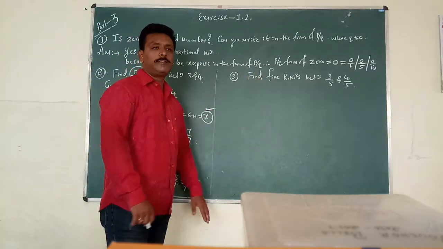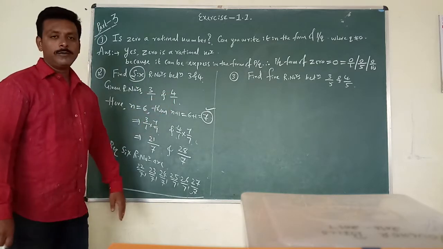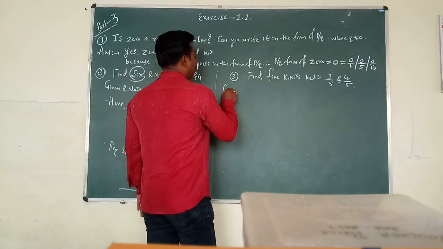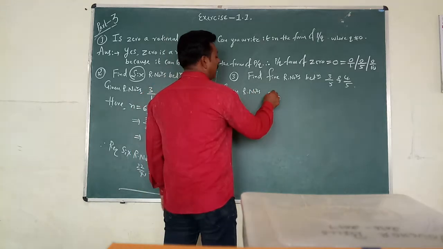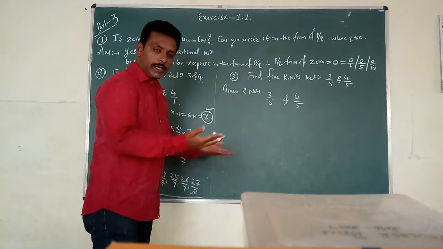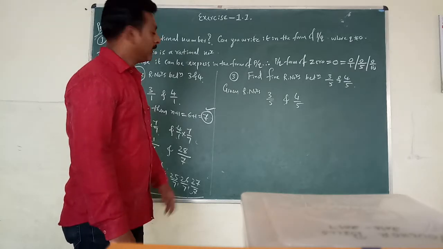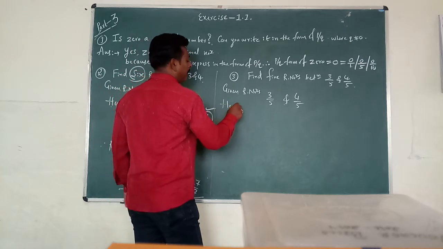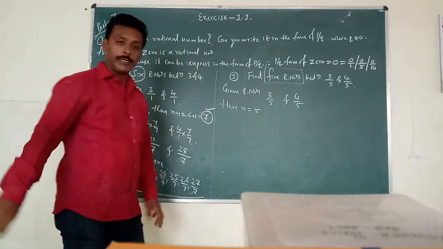Okay, so come to this. कितने पूछ रहे हैं? 5. So let's go this method only. वहां भी देख लो. For by God's grace denominators are equal. So given rational numbers 3 by 5 and 4 by 5 दोनों का डिनोमिनेटर्स सेम है. ओके, अब हमको क्या करना होगा? n is equal to कितने पूछ रहे हैं? 5. Here n is equal to 5 means हमको 5 rational numbers find out करने हैं.